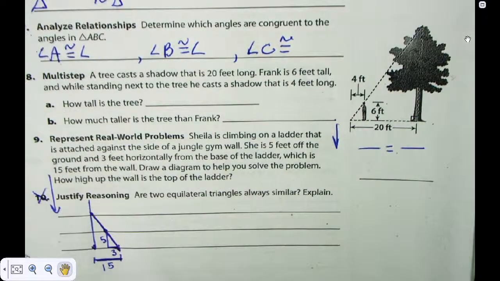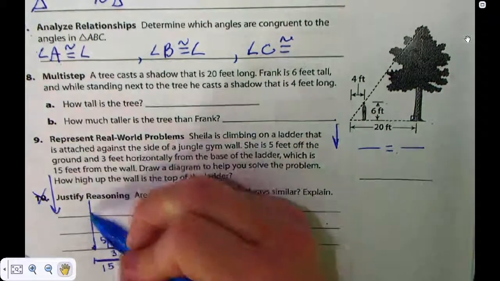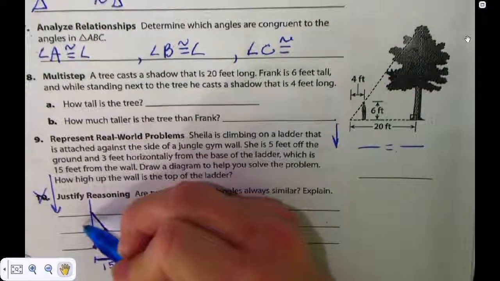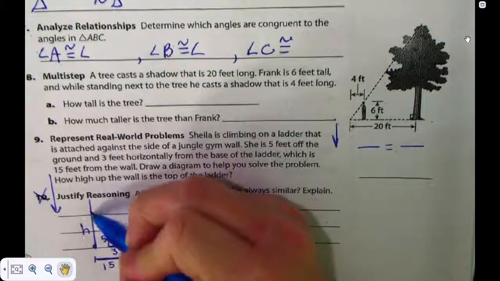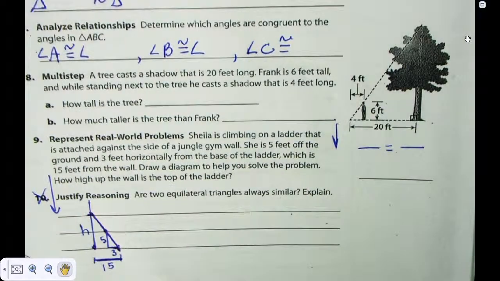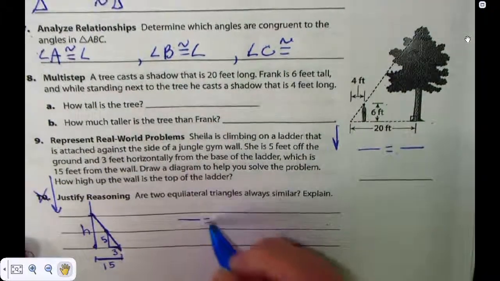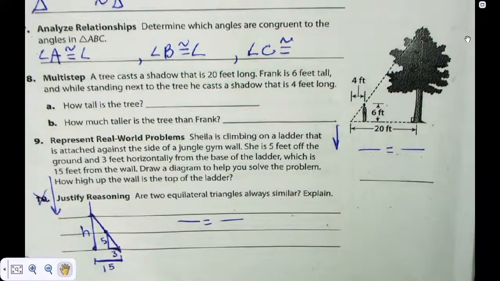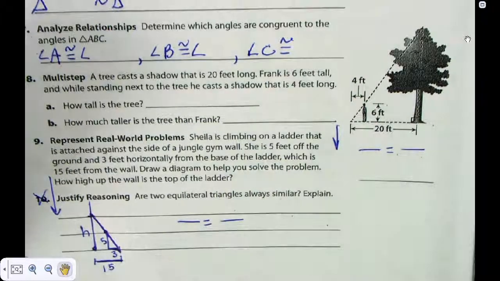Draw a diagram. We just did. How high up the wall is the top of the ladder? So we're trying to find the height of the wall to the top of the ladder. So you're going to set a proportion up. What do I want to see in the proportion? 3 numbers and a variable. And then solve. You might need to crisscross, or it might be easy enough where you go across and multiply like we did on page